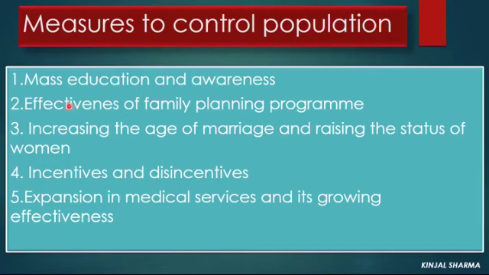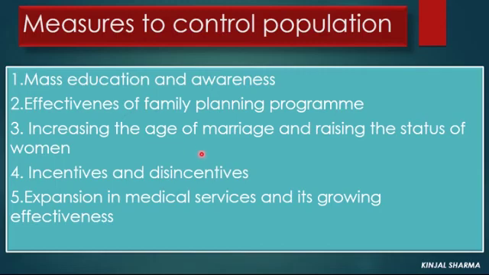Second is effectiveness of the family planning program. To make the family program more effective, along with public awareness, family planning services and incentives were also increased. It is essential to create simple, easy and affordable availability of contraceptives. In the population policy of 2000, changes were made in the programs related to family planning by reducing the importance of sterilization. Emphasis was placed on preventing unwanted pregnancy through preventive methods.